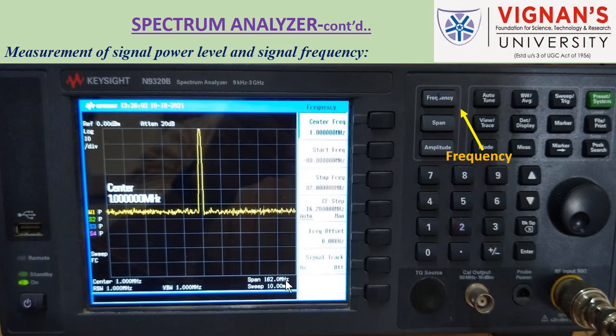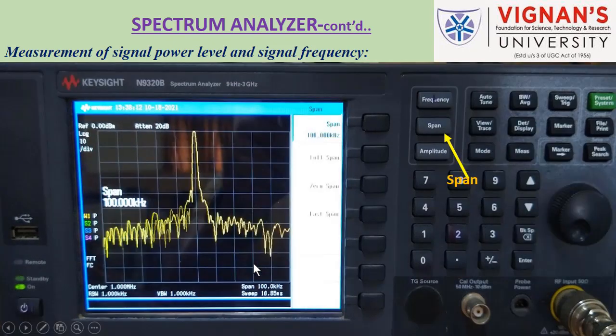So in order to visualize the signal on the display of the spectrum analyzer clearly, it is always better to choose a lower value of the span. So here the span button is there. By clicking that particular span button, we can manually provide how much span is required, that is, from what frequency to what frequency the display is available on the x-axis range we are providing.